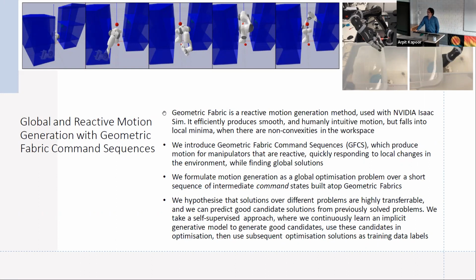Within NVIDIA, there is a framework called geometric fabrics that is very reactive, and it runs really quickly at 200 hertz on a robot. And it's also used in their simulators. So it's very good in that it efficiently produces smooth and humanly intuitive motion, but because it's a reactive method, it falls into local minima. Cubbies, let's say, are really bad for a reactive motion planner, and that is because